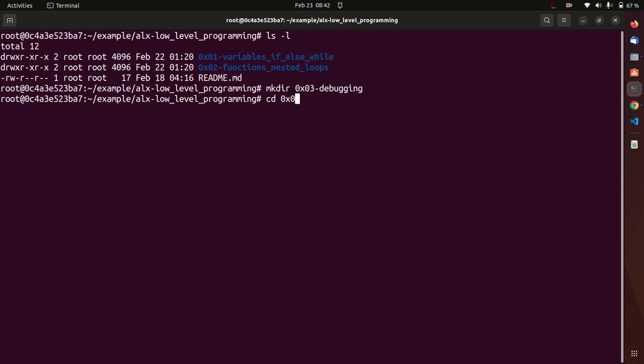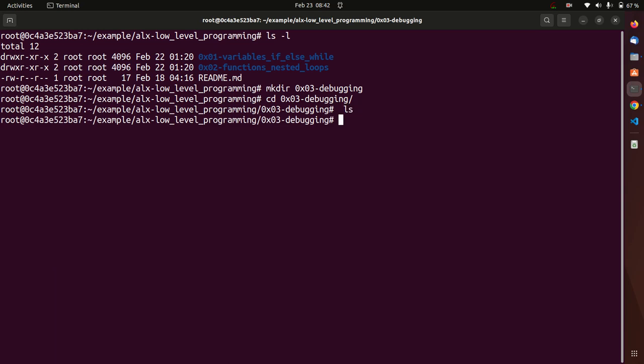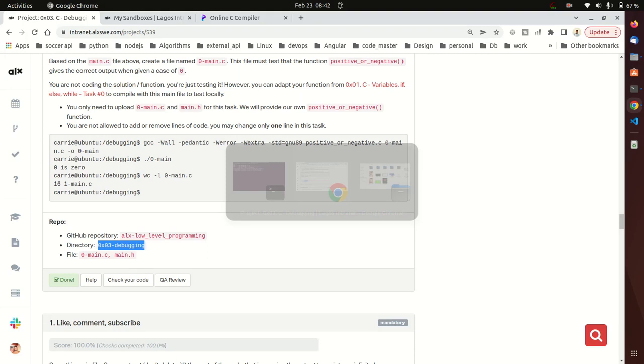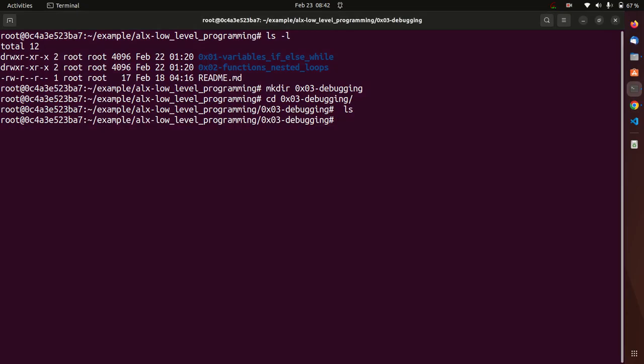Okay, I'm into that folder. You can see the folder is empty, and what you want to do is to add a readme.md file. That is what we're asked to do if you read the requirements of the project. So I'm going to write my own readme.md,